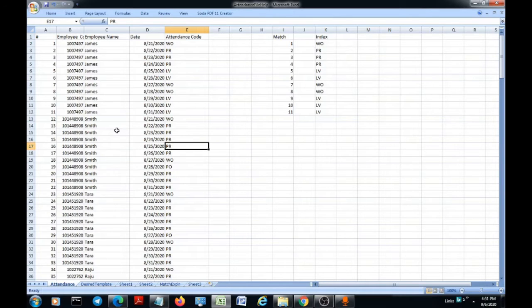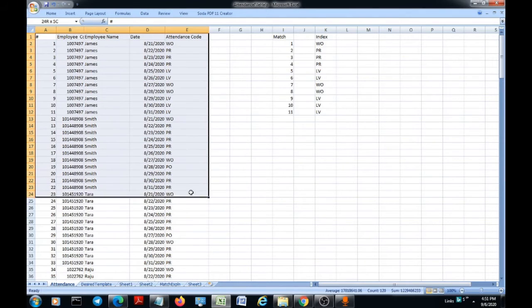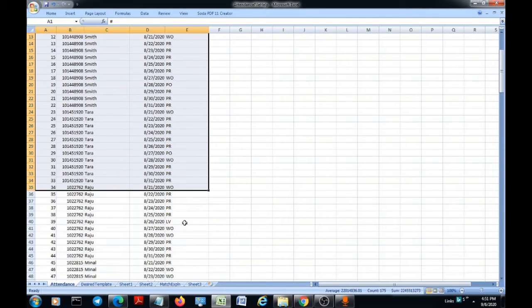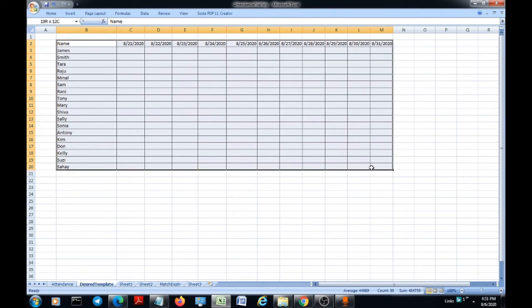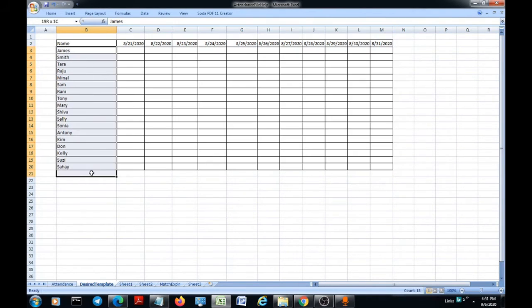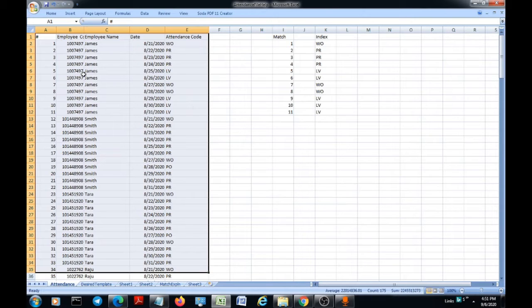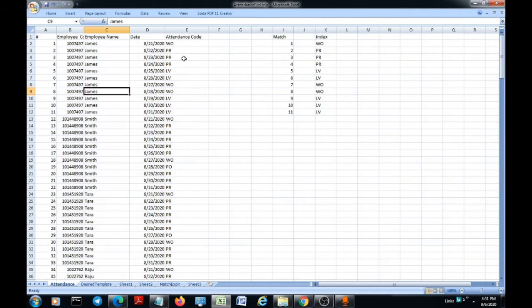I work for a contact center, and taking and maintaining attendance is an important task here. The attendance data I have here is in a vertical format. What I want is for this to be demonstrated in the horizontal format like this one, where the names appear on the left side only once, and the dates appear only on one side. As you can see in this data, the names appear multiple times and the dates also appear multiple times.